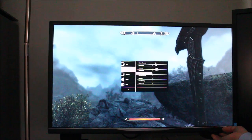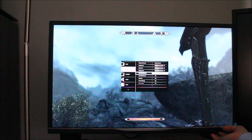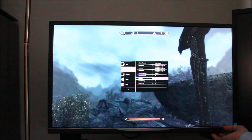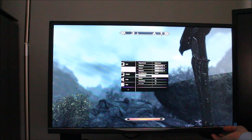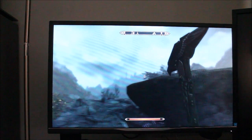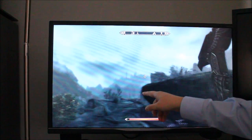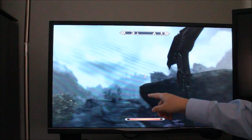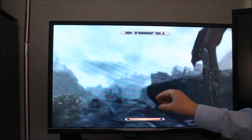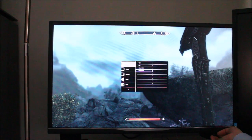Smart contrast on, smart response. I'm just gonna put it on fastest, YOLO. So as you can see, I have smart contrast on. I'm just gonna put that off and see what that does to the monitor. If you move from left to right now, it's the first time I actually noticed that. When I move from left to right, the rock does remain sharper, but there is a very, very small amount of artifacting. Perhaps if I put it on